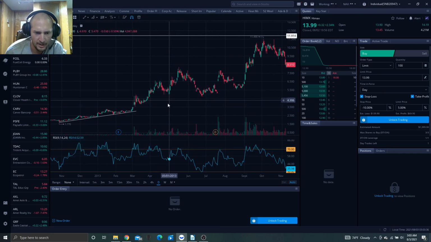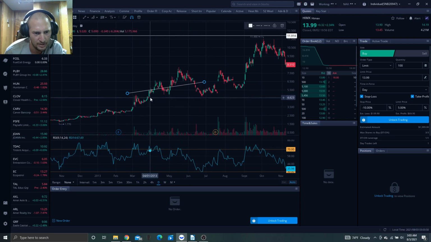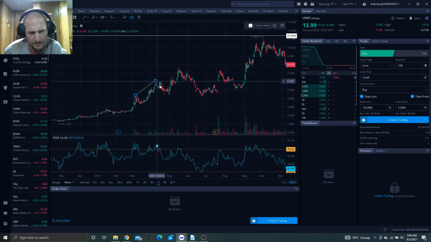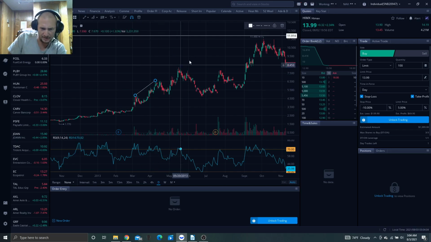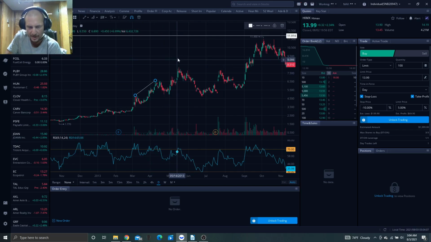So here is another example. You start to see a little bit of a bullish divergence here, or a bearish divergence here, and it does end up playing out, right? But you get that higher peak. I'm just going to use this same trend line. You get a higher peak here, and then you get a lower peak here, and you do get a semi-short move here, but the real move is here on this next one when you get this third kind of move up from